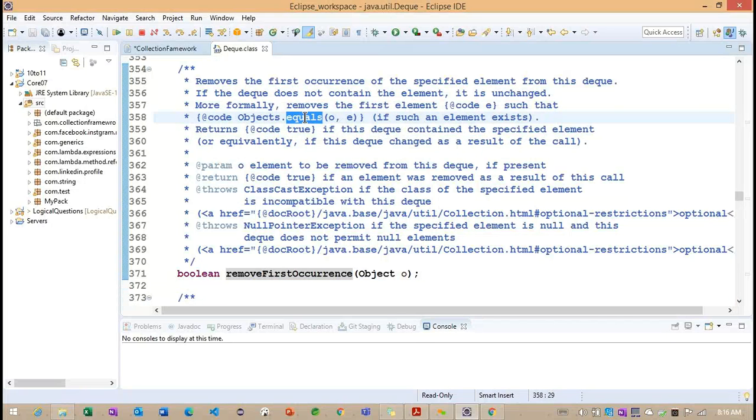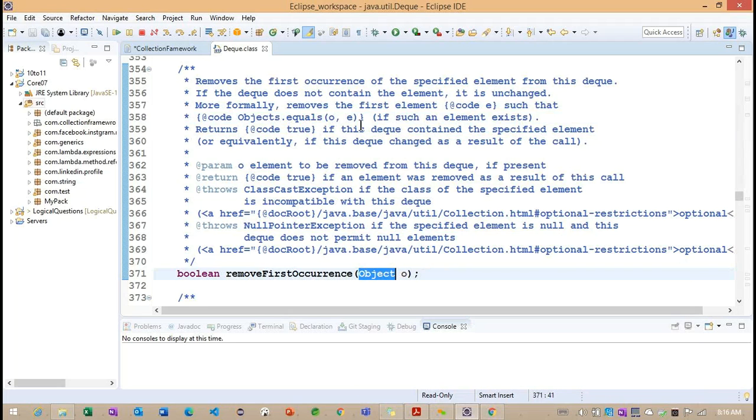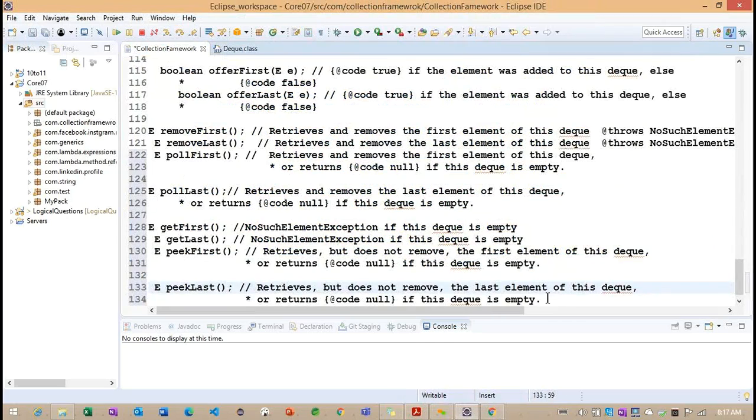Internally they check the equals method to find out whether the given object and the parameter object are the same. If such an element exists, it returns true, and when it returns true, the object is removed from the DQ collection. So this is the purpose of removeFirstOccurrence.